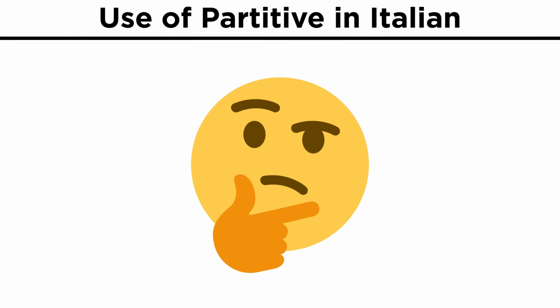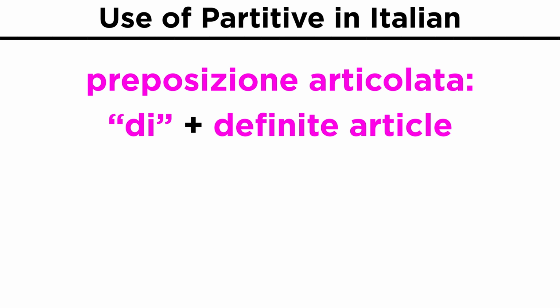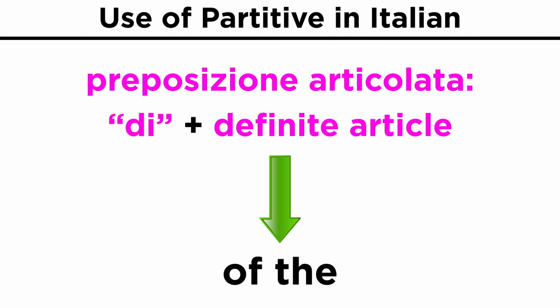However, if you are tired of adjective agreements, you may also use an easy alternative, the preposizione articolata di, plus the definite article, which means of the. This is a contraction between the preposition di and the article required by the particular word you are using. One must still keep in mind gender, number, and the first letter of the word you are using, but this choice might be easier for some people.